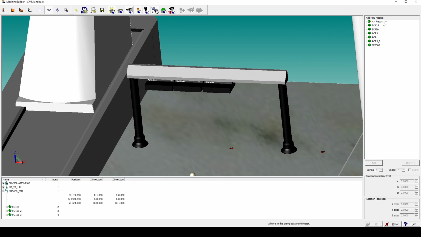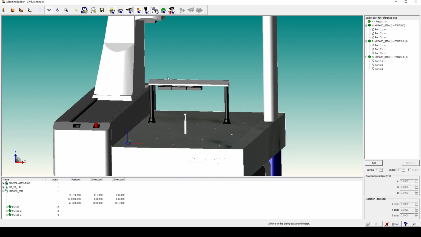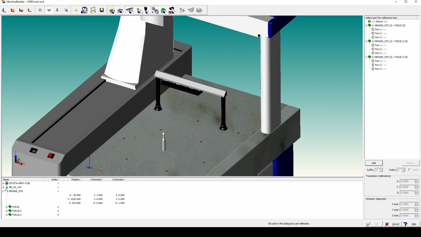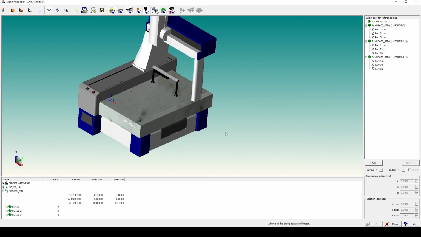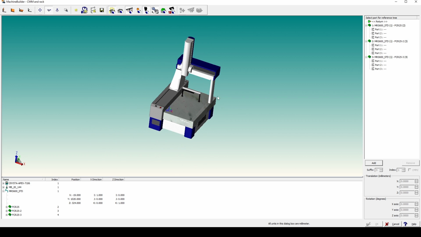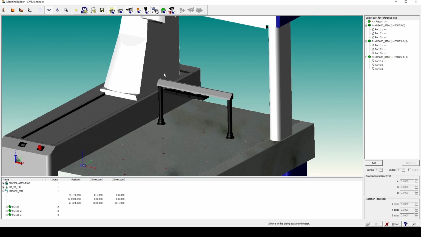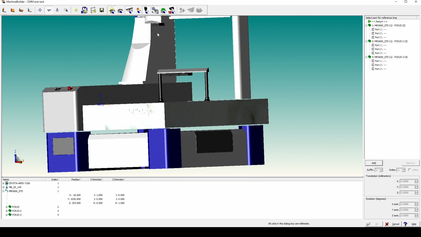To go forward now, you have to click on return and then continue. And now we have the rack set up on our system, or we can switch off our master ball. Okay, so we have our CMM, we have our rack, and now the only thing missing is our probe